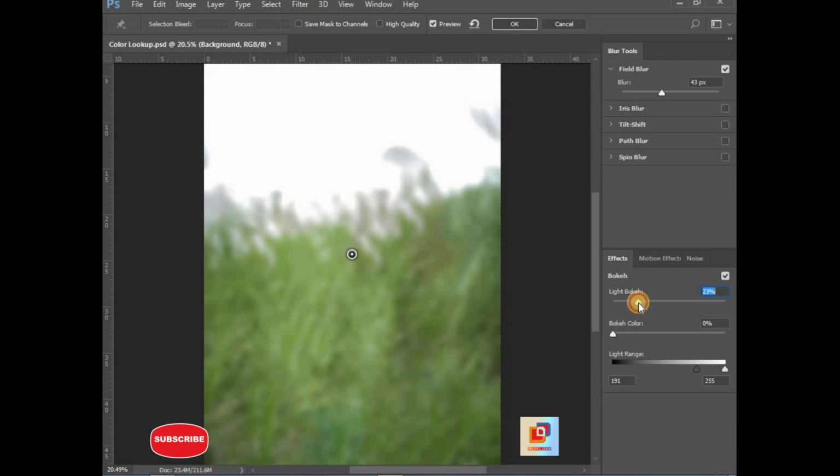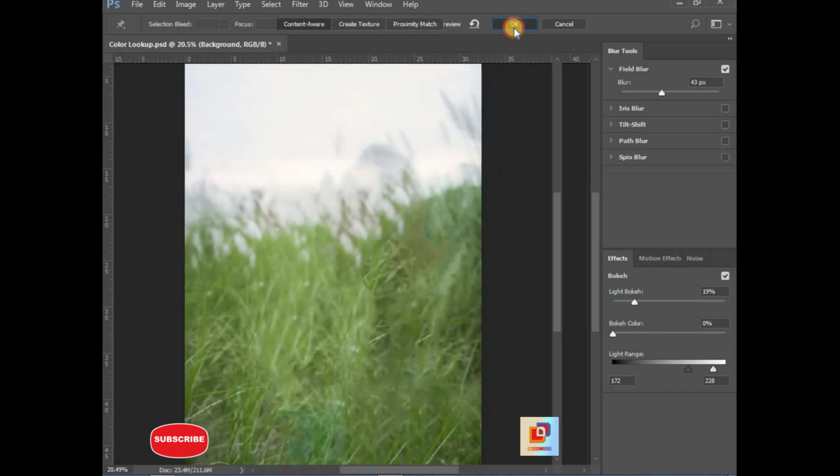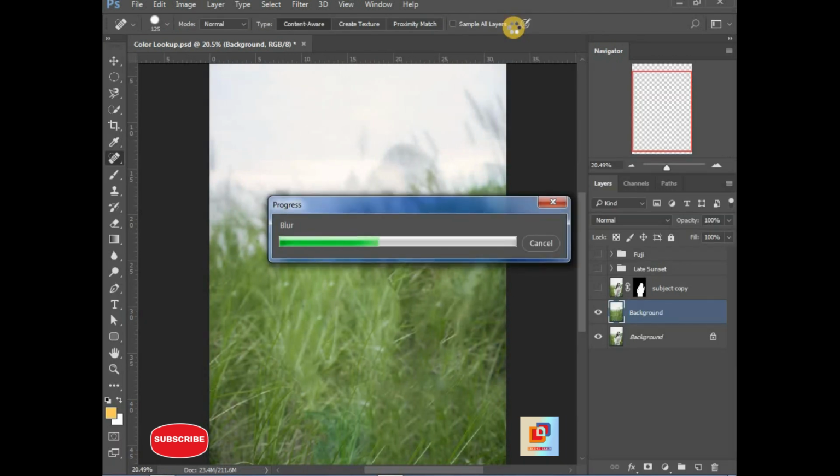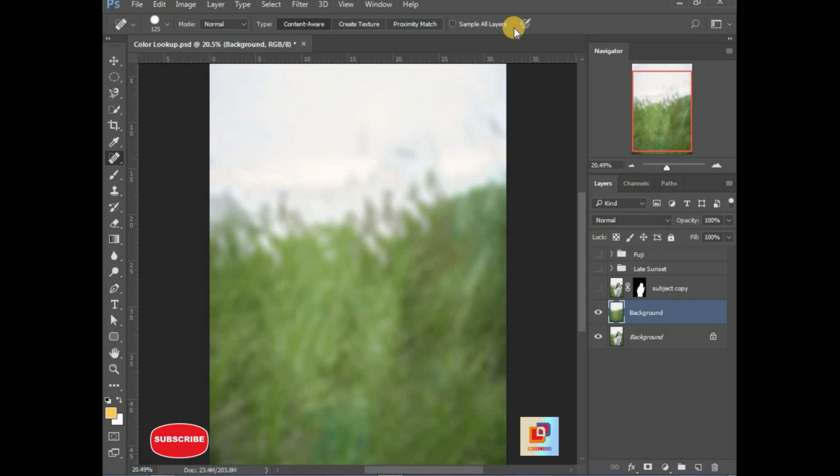Just experiment with the effects. Once you're done here, click OK, and we have a fine blurred background.